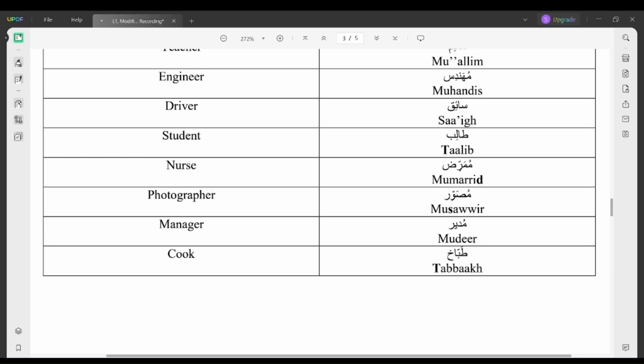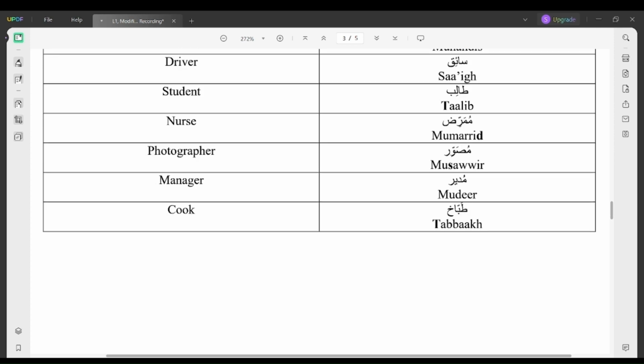طالب. Nurse. ممرض. Photographer. مصور. Manager. مدير. Cook. طباخ. Alright, great. Now that we know some vocabulary and grammar, let's move on to the sample sentences to put together